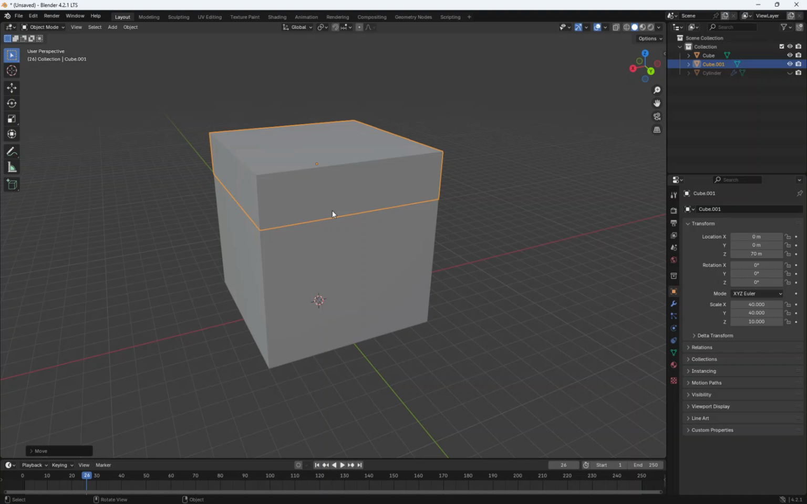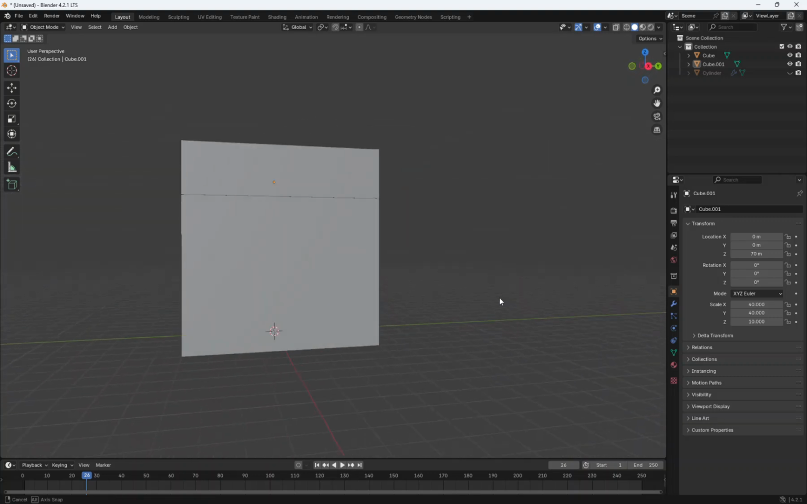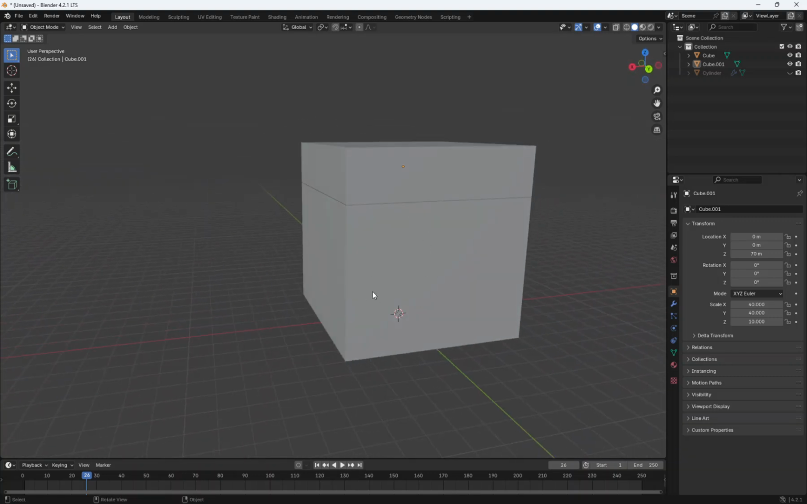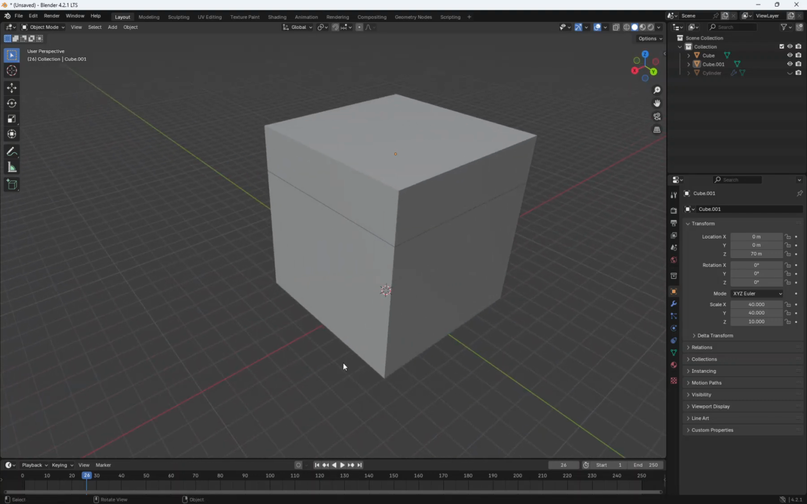So now we should have an 80 by 80 by 80 box. But the base is 60 millimeters tall, and the lid is 20 millimeters tall. All right, so now that we've got that, we need to add in